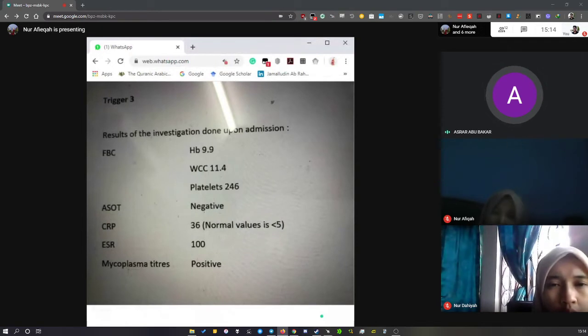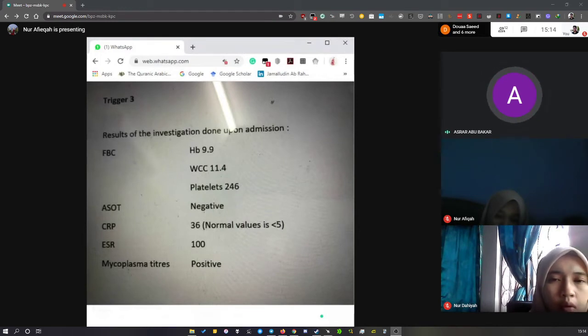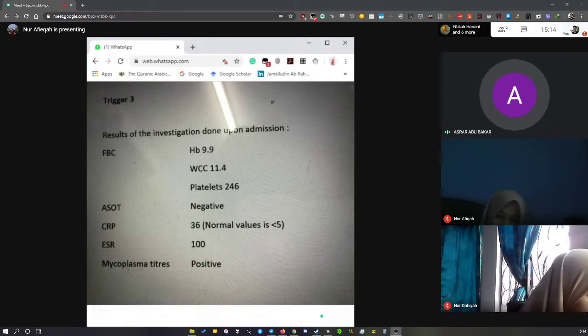The ASOT titers are negative, so we know this is not streptococcal. But the ESR is the one that's really elevated here, and that's telling us there are signs of inflammation going on. Okay, so with a positive Mycoplasma, but not so severe infection from the white cell count and CRP counts, but significant signs of inflammation, what would you put down as your top